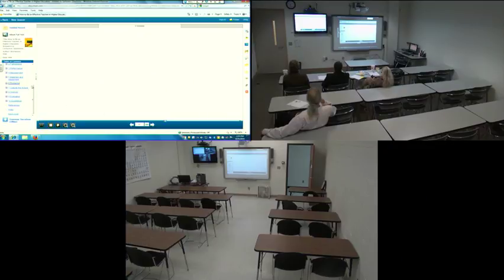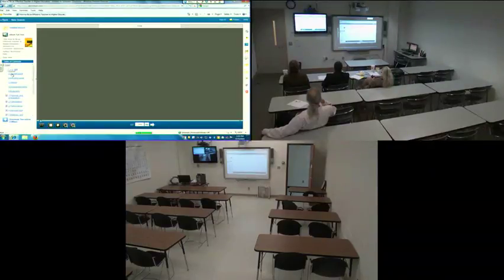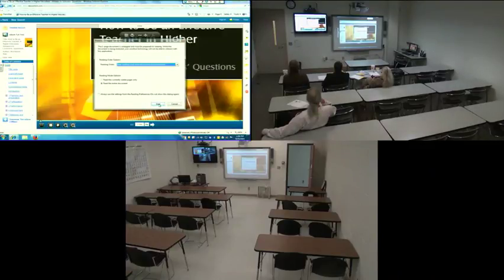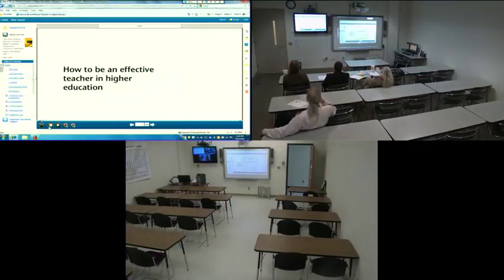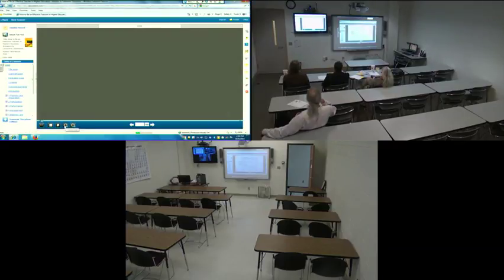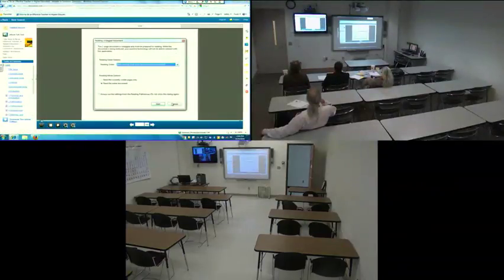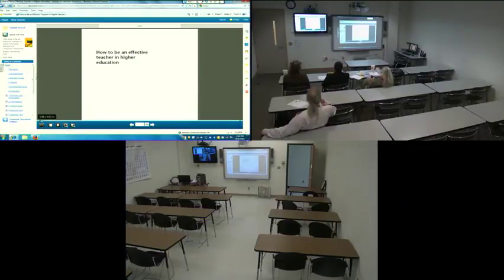Hold on, you guys. Apparently, it wants me to do something, and I'm going to see if we can get around that. But you do use the little arrows on the bottom to move around, and you can use the magnifying glass to minimize or maximize the page down here on the left. And let's see, I usually like to show students, sorry about this folks,